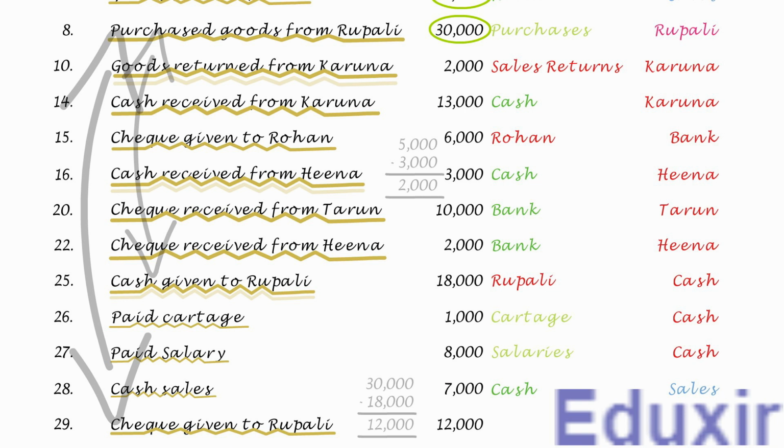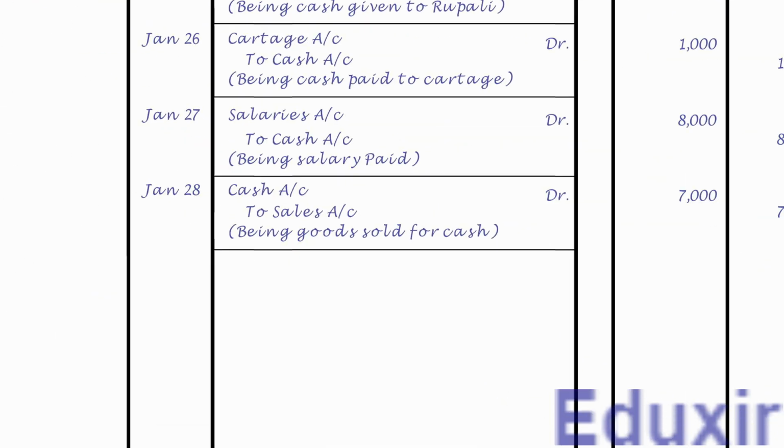As in this transaction, the business is paying to the creditor, the liability of the business to pay the creditor is decreasing. The rule to record a decrease in the liability is to debit the corresponding liabilities account. In this case, the creditor Rupali account should be debited. At the same time, as the payment to the creditor Rupali is done by issuing a check, the bank asset of the business will be decreasing. The rule to record a decrease in the asset is to credit the corresponding assets account. In this case, the bank asset should be credited. With this analysis, let us proceed with the generalizing of this transaction. Let us first record the date.